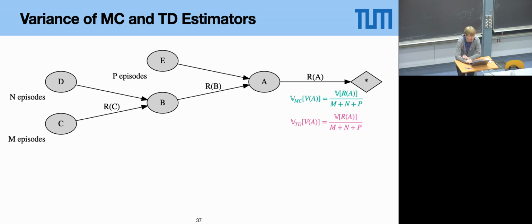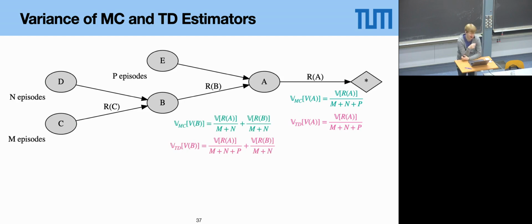If you now estimate the values of B, this is where the 2 estimators differ. And what you can see here, again similar to the previous examples, just in a more mathematically formalized form, is that in the expression for the estimator for temporal difference learning the denominator is larger, meaning the variance of this estimator is smaller, and so it's easier to estimate this value with temporal difference learning.